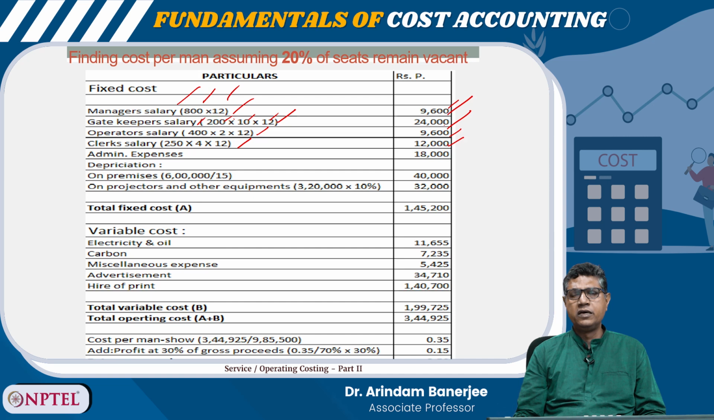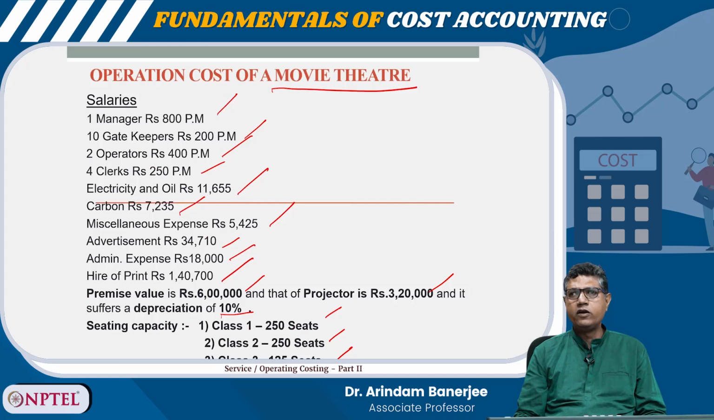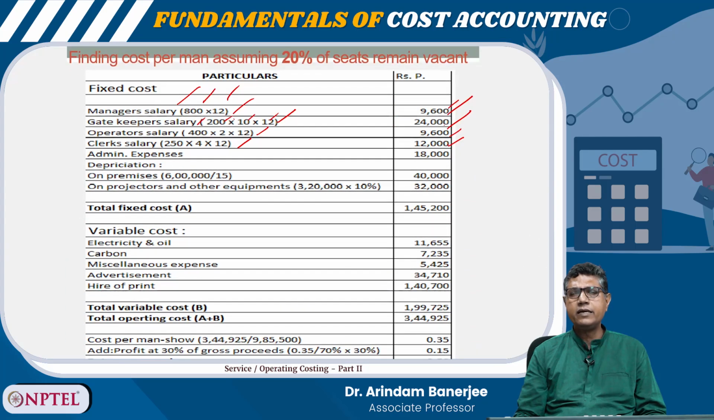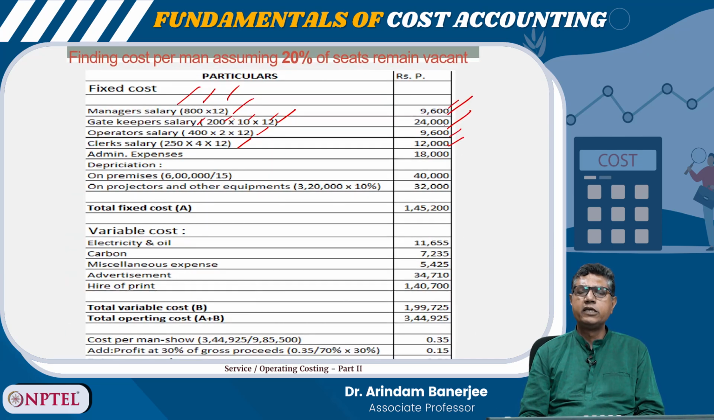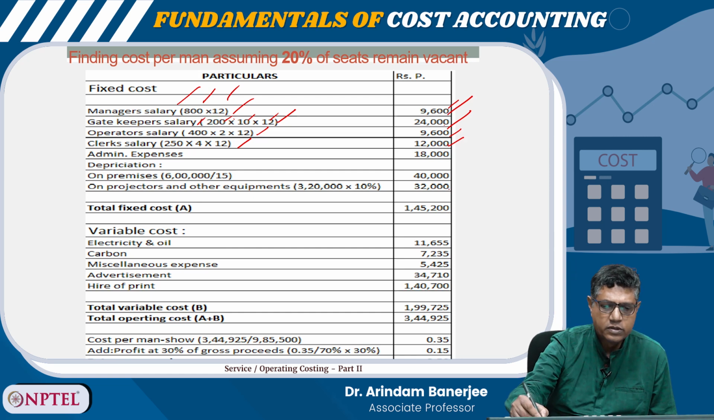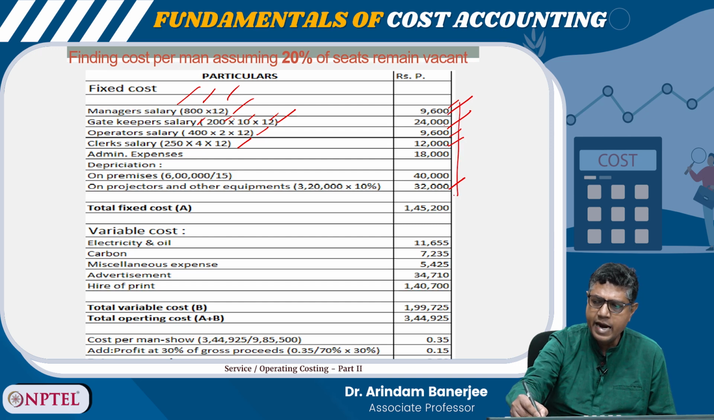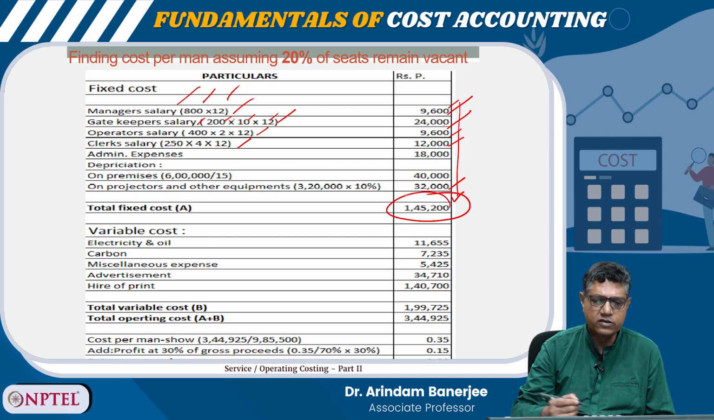Depreciation is 10%. Depreciation is to be taken on 6 lakh, right? So 6 lakh and there, okay. Now depreciation on premises, I'm taking the life as 15 years, right? So 6 lakh by 15 years is 40,000, and on projectors and equipment it is 10% flat. So 10% on 3,20,000 is 32,000. So if you add all this, you get the total fixed cost, which is